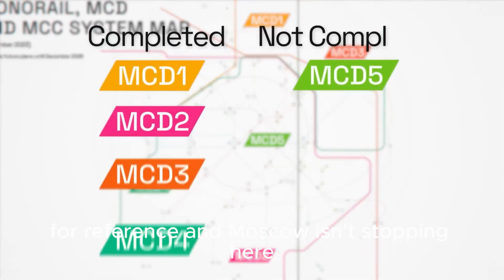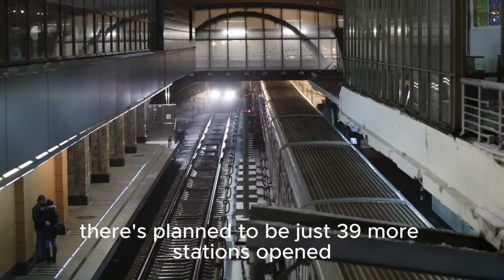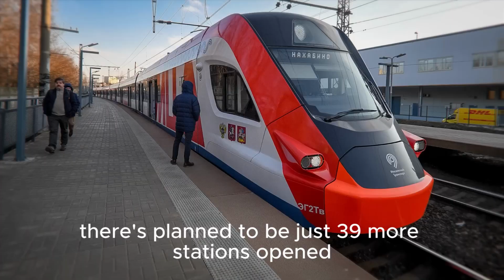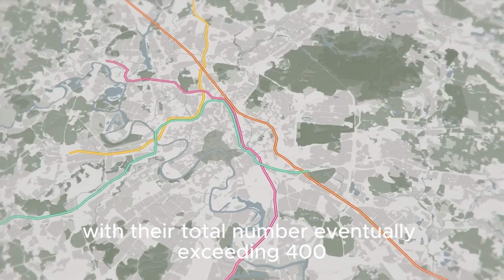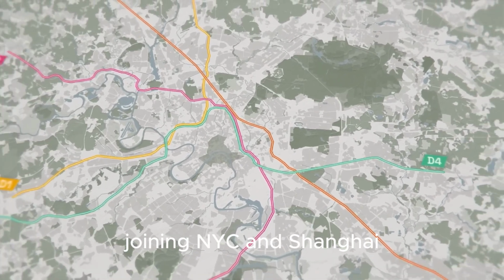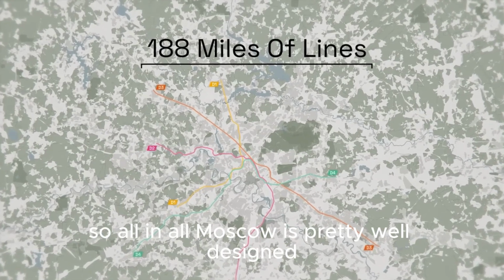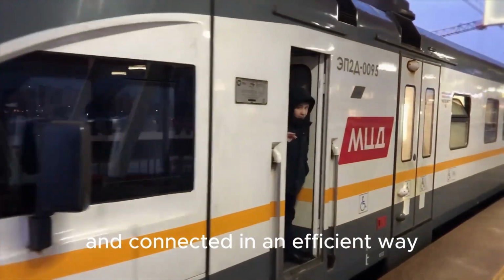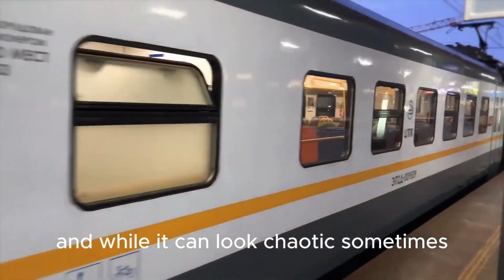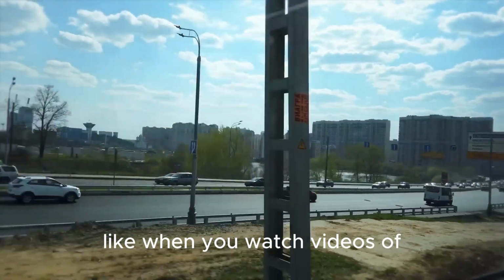And Moscow isn't stopping here, because they're improving even more. By 2033, there's planned to be 39 more stations opened, with their total number eventually exceeding 400, joining NYC and Shanghai as the only cities on Earth past that amount. So all in all, Moscow is pretty well designed and connected in an efficient way. And while it can look chaotic sometimes from an outside perspective, like when you watch videos of